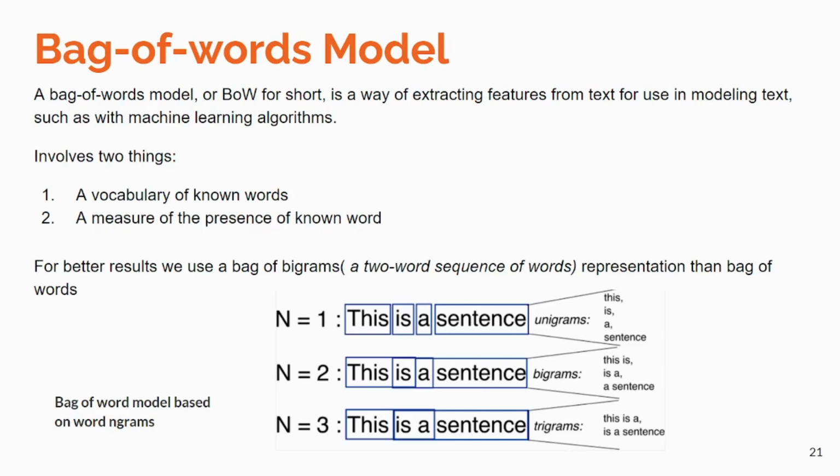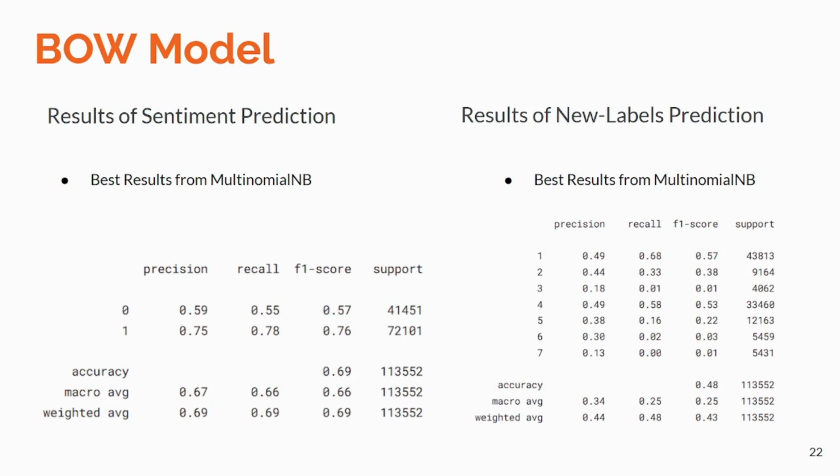Whenever we apply any algorithm in NLP, it works on numbers. We cannot directly feed our text into that algorithm. Hence, the first model tried was the bag of words model. It is used to pre-process the text by converting it into a bag of words, which keeps a count of total occurrences of the most frequently used words and then converts that text into a sparse matrix format. We got 16% accuracy for sentiment prediction and 48% accuracy in emoji class prediction using the multinomial Naive Bayes